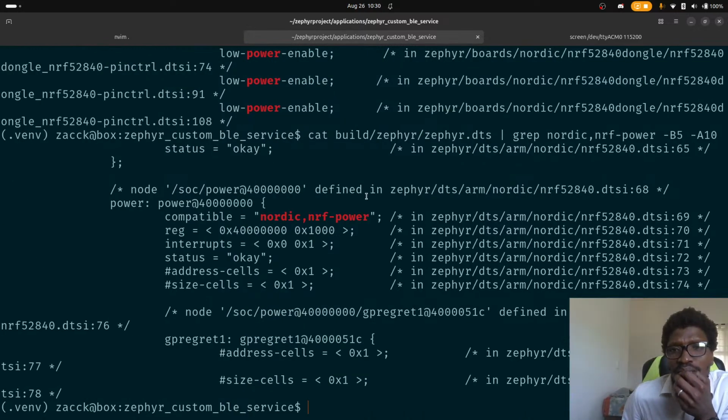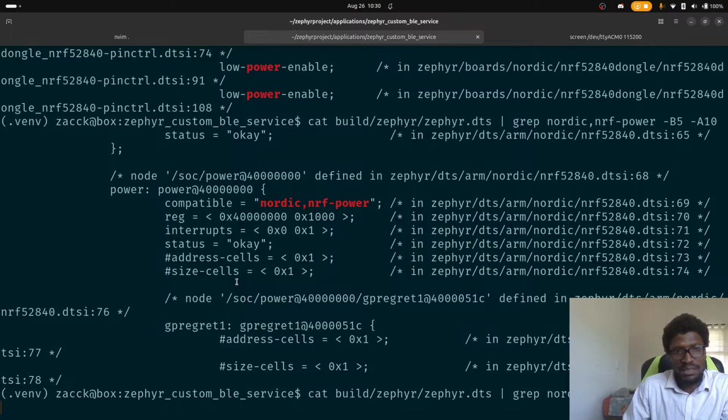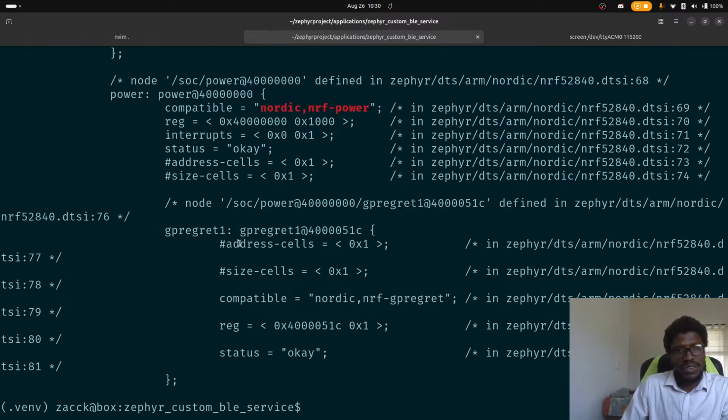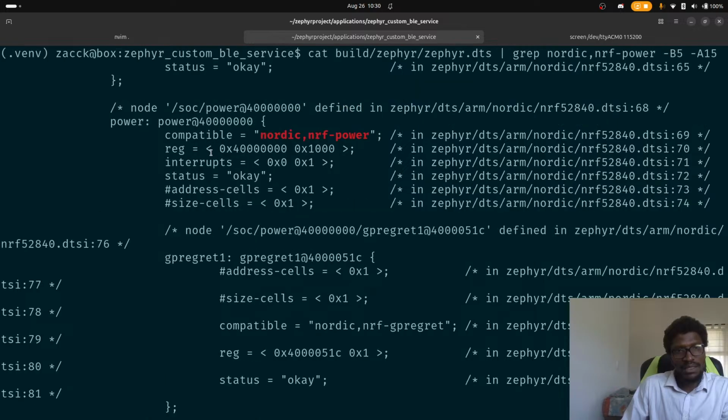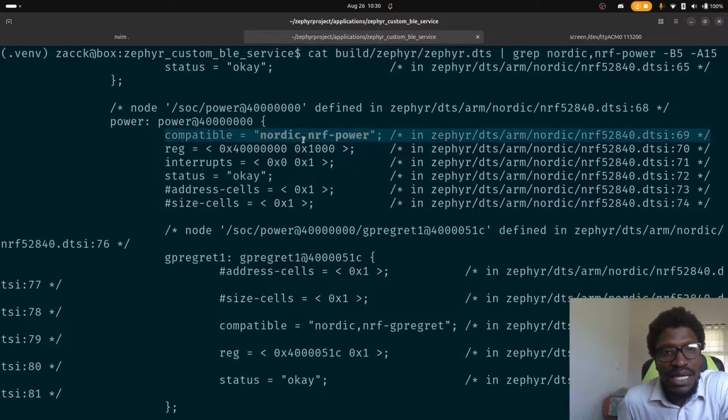So, status. Oh, okay, we don't see a status there. So A15 maybe. There's that guy in there, that's okay. This is not status. I'm sorry, the status okay is here. Nordic NRF power is